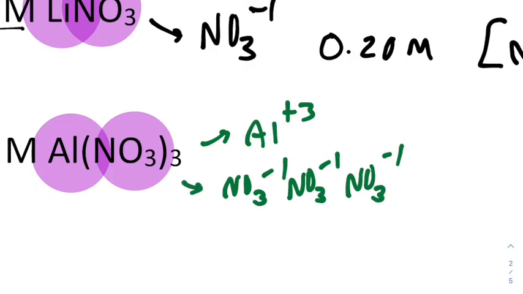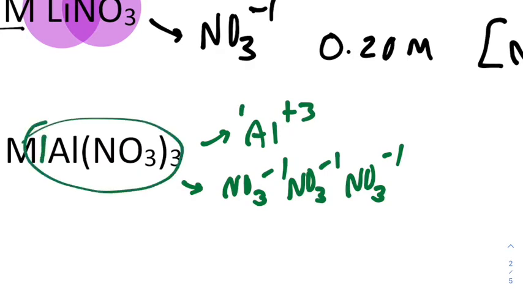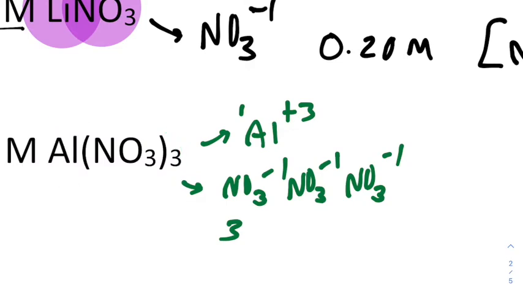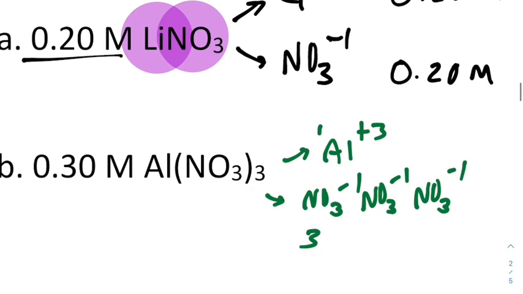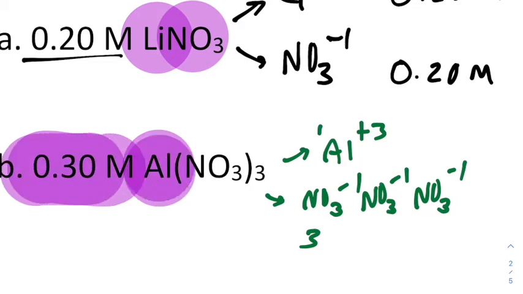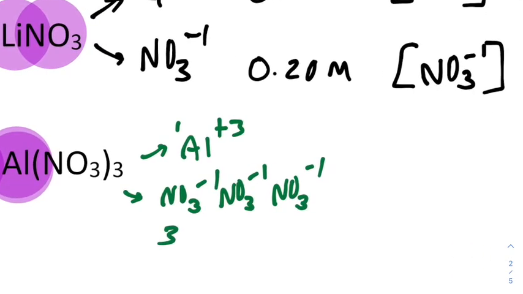So for every 1 aluminum nitrate, I get 1 of those and 3 of those. So if I have 0.3 of this, I'll have 0.3 for my aluminum. So my aluminum is going to be 0.3 molarity,